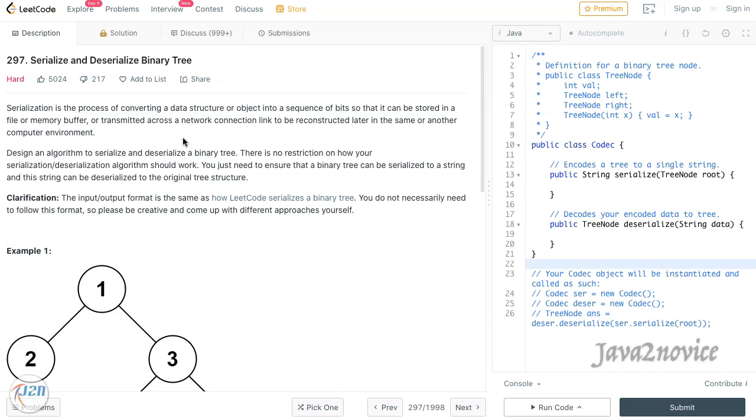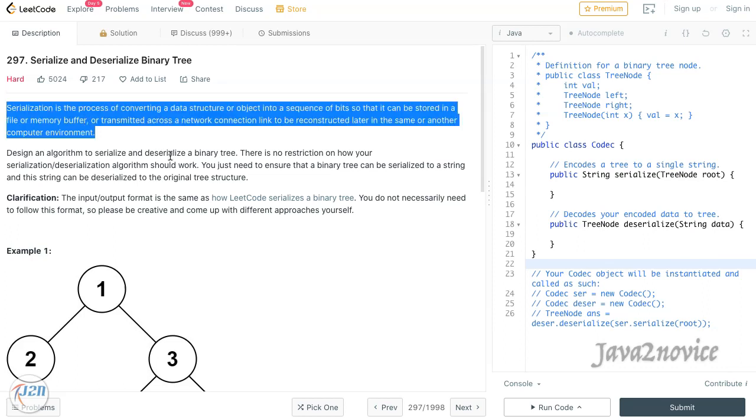Hello friends, in this session we are going to discuss another LeetCode problem, serialize and deserialize binary tree. This is one of the very common interview questions asked in many companies. What is serialization? As per the problem statement or even in general, serialization is the process of converting a data